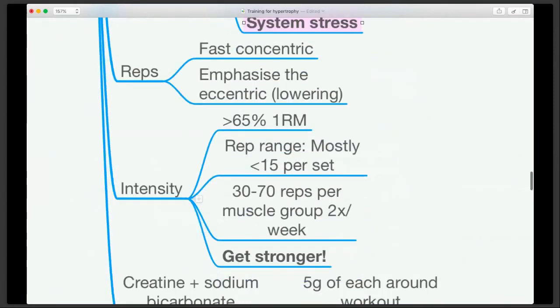So intensity, yeah. As we were saying, things should generally be over 65% of your 1 rep max. It's not a hard and fast rule. You can certainly do work that's at 50%, for example, if you're doing high reps, but the majority of your work needs to be 65 to 75%, and you can veer above and below that. The data also suggests that the rep range should be mostly less than 15 per set. And over the week, we want to be doing 30 to 70 reps per muscle group at those kind of